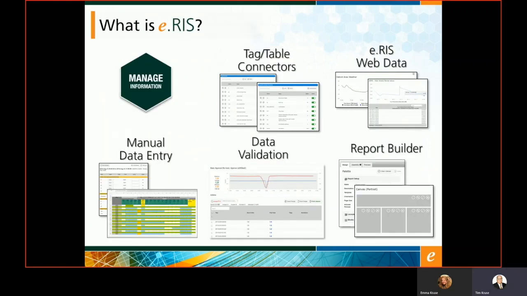So around each of the functions that Eris does, from a management perspective, there are all different kinds of ways to use Eris as a management tool. I talked about it connecting to data. We also have the Eris web data, which I mentioned, but there's also a tool called data validation that builds a clean data stream of data,